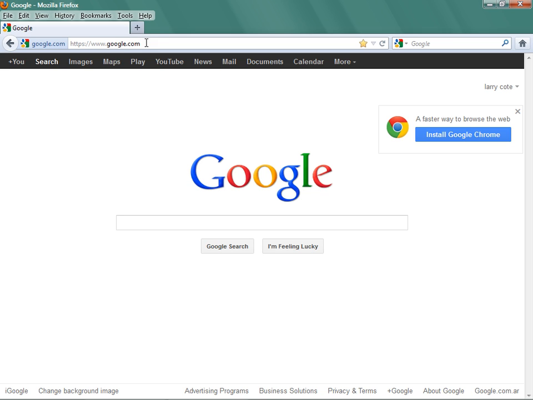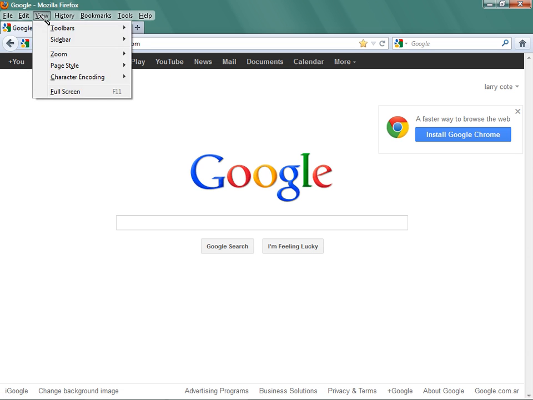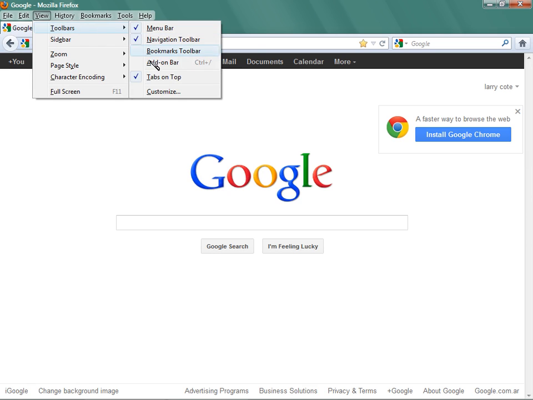www.google.com, www.foxnews.com, whatever you want to put in here, that's done in your navigation. So you want to make sure that's checked. If you come to here,